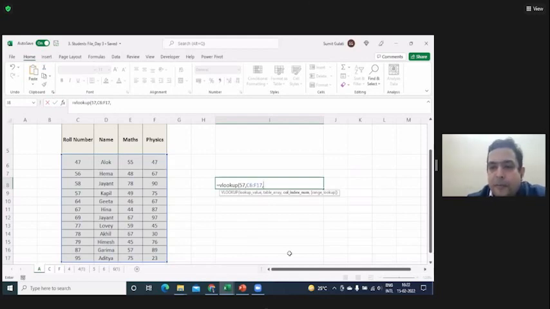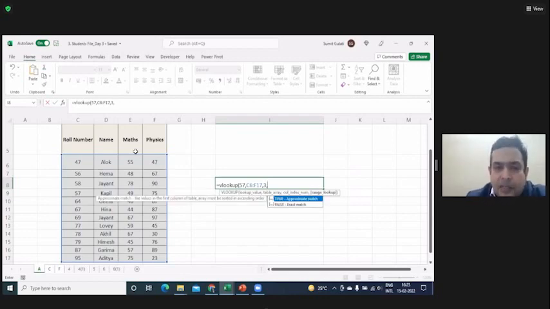Subject, sir. Right? When I say subject in the Excel world, I have to tell it which column. And the column does not start counting from here; it starts counting from this array. According to Excel, this is column index number 1, this is 2, this is 3 and this is 4. Wherever your data starts, from there it starts counting the column index number. So what is the column index number of maths? It is 3, so I'll give it a 3. Now, if I would have asked you for the maths marks of roll number 59, what would you have said?